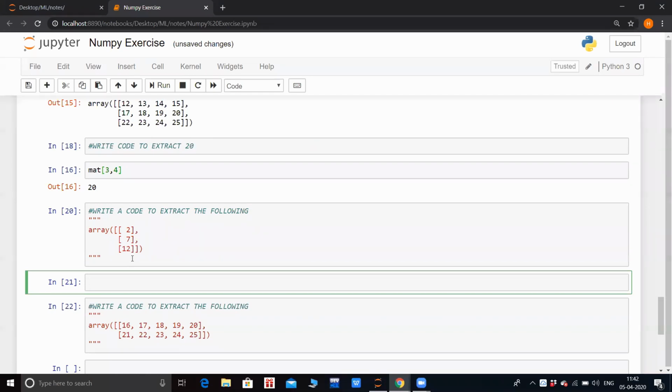It's very simple. Just keep in mind that index values are considered here. Okay, I'll give you the answer.